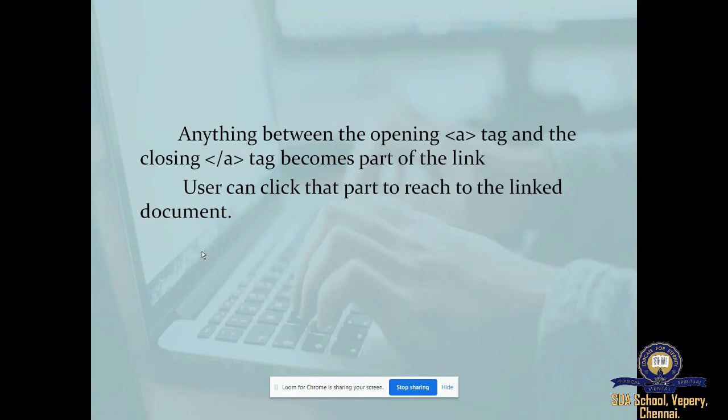So it will be showing in an underlined format. You can click on it and then you can move it to the required page. Okay. The general syntax, how to write a link, is the tag A, href is equal to URL. So A is the anchor tag, and what are these two things?